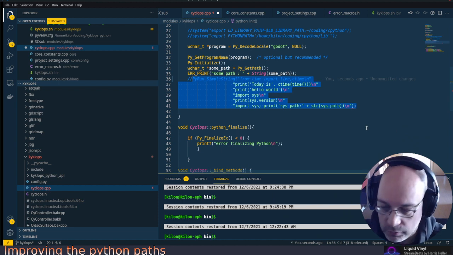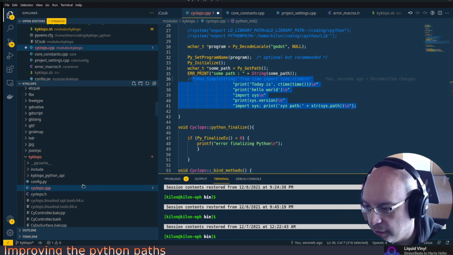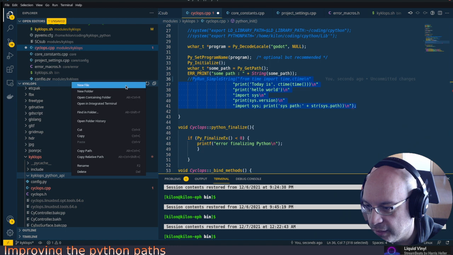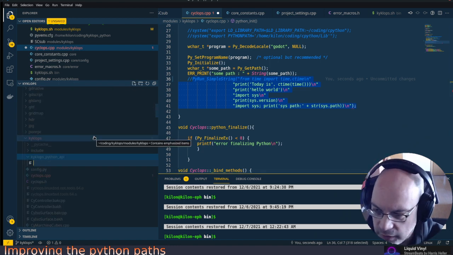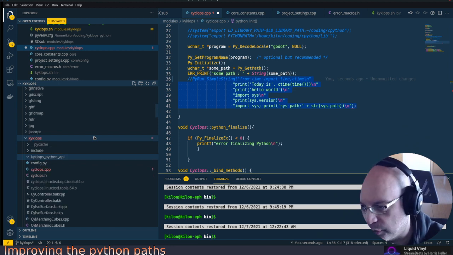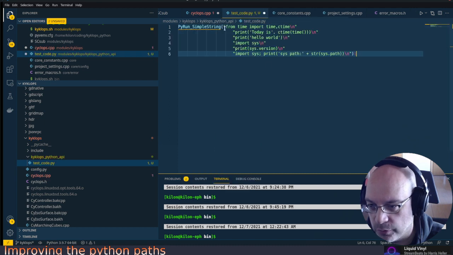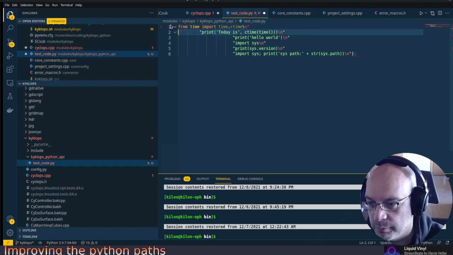And what I'm going to do is copy that, and go into the Kickloops API, make a new file here. I'm going to call it test code py, just for testing. And I'm going to paste the code here. But because now this one is Python, we don't need the zip code anymore. So we have to make everything Python. So we're going to execute the same exact code,